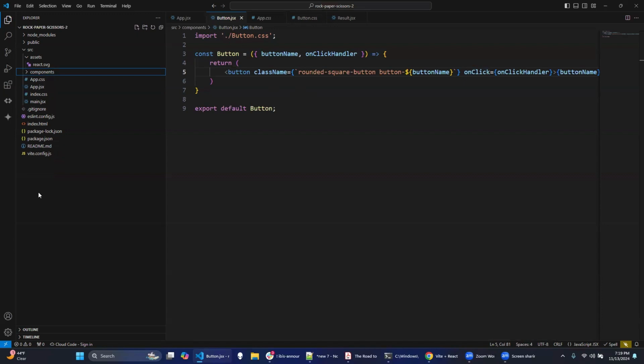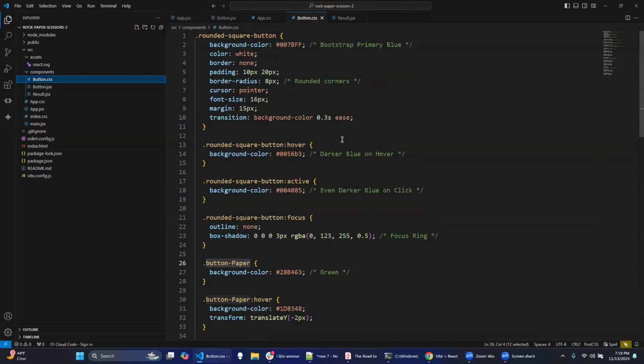Do you suggest putting each TSX and CSS in a folder so everybody knows that it's a component that goes together? Yes. Ideally, Cherish,